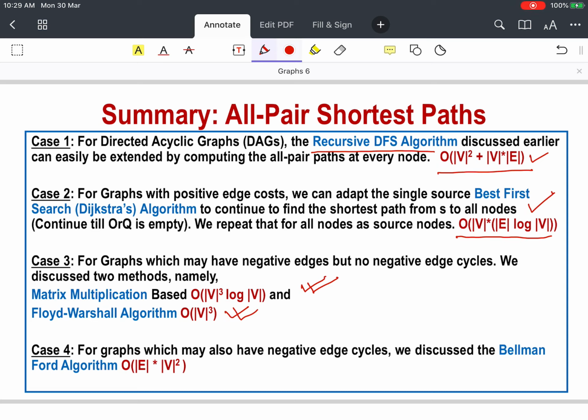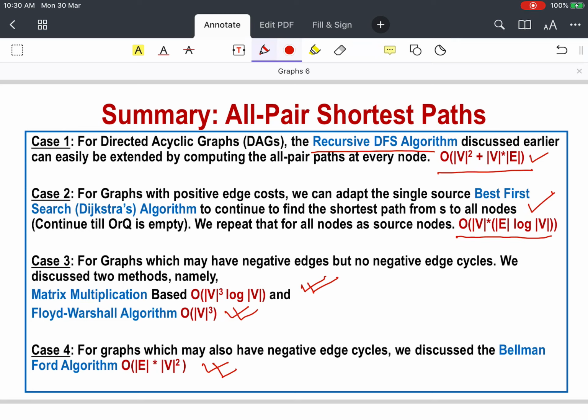Then we did the unique Floyd-Warshall algorithm, which tried to find the shortest path from i to j through nodes 1 to k. And earlier than that, we did an adaptation of the cost revision technique and got the Bellman-Ford algorithm, which also works for negative cycles. By this, we have various algorithms for finding all pair shortest cost paths, and I think this completes our 2 sets of lectures on shortest cost path in a graph.